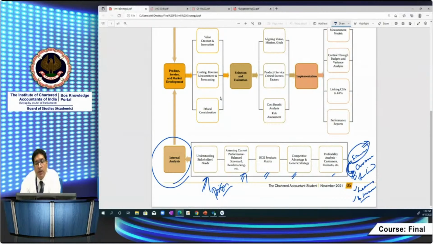फाइनेंशियल किसके ऊपर डिपेंड करता है? कस्टमर्स पर्सपेक्टिव पर. बिकॉज प्रॉफिट is linked with sales and sales generated through customers. If customers are satisfied, they will give you more sale, and more sales means more profit. More profit means better cash flows. Better cash flows means better valuation. All are connected, but customer will be satisfied only when